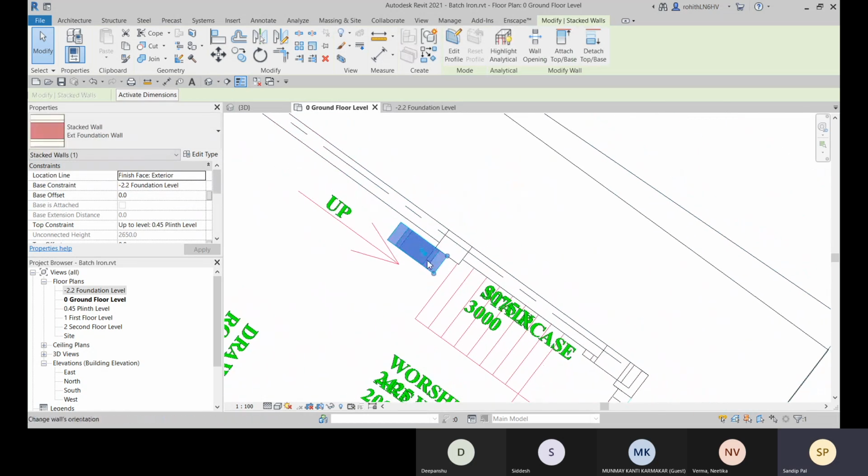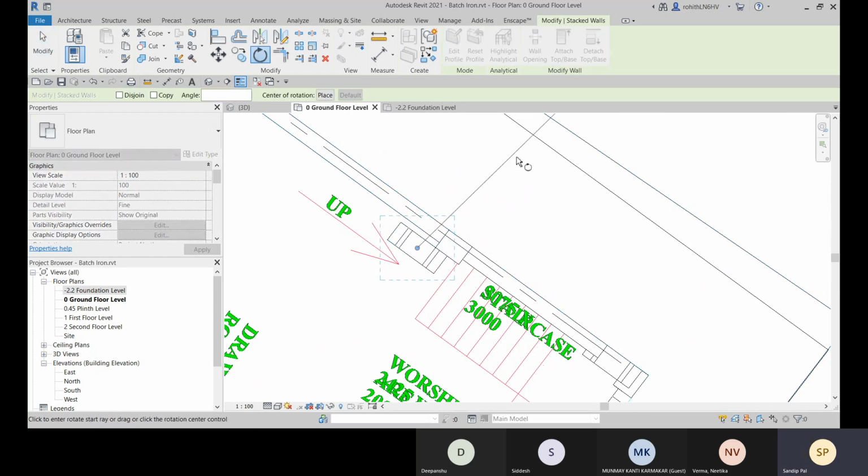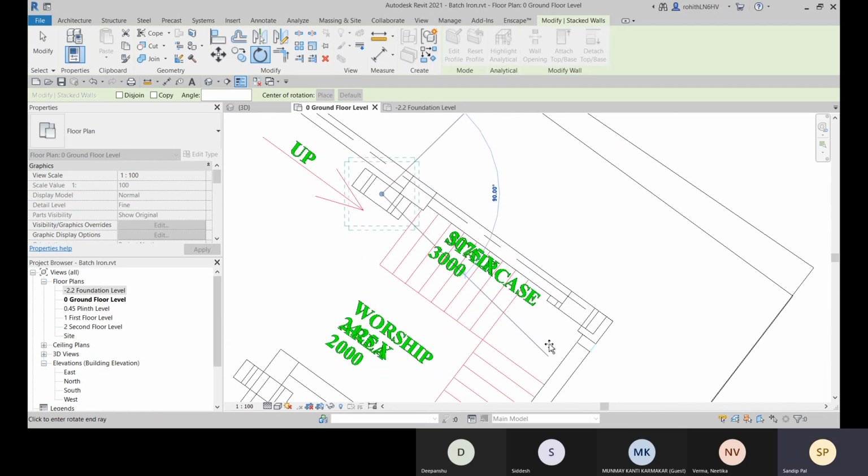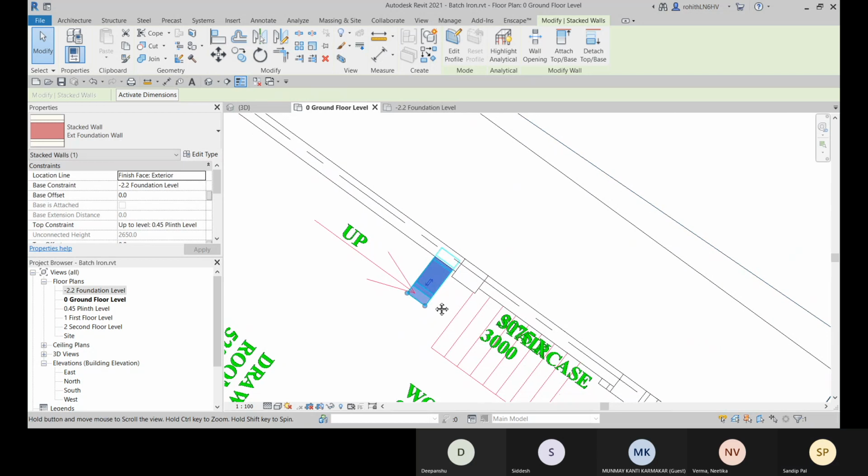Okay. Now we will rotate it. Go for this rotate option. Okay, and it will snap 90 degree. You see that it's snapping 90 degree exactly.